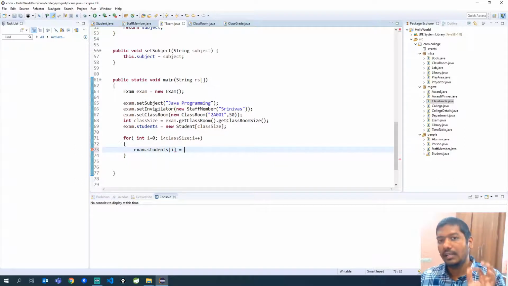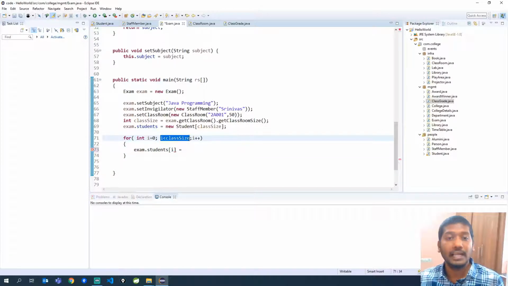Okay, and as the i is 0, you are starting with the first student, and once the instructions are completed in the for loop, the i value will get incremented, and then i will become 1, later 2, 3, and so on. It will go till 49. When it becomes 50, it will not go inside the for loop. Okay, because i is 50 and 50 is not less than 50. So once i becomes 50, it is no more less than the class size, that is 50.